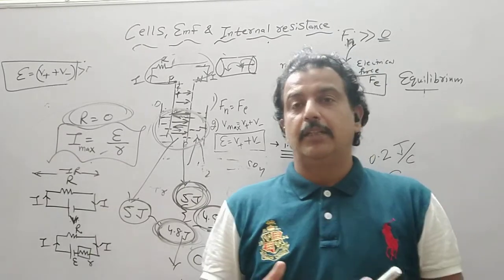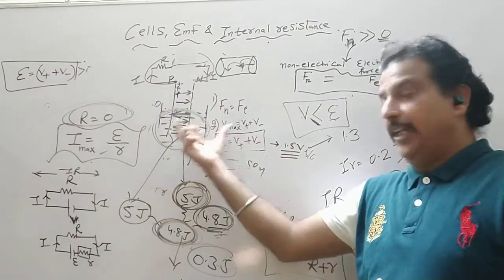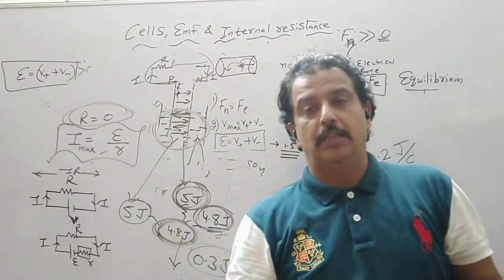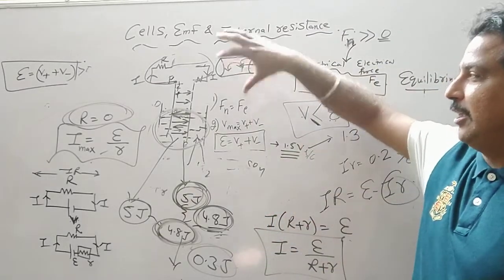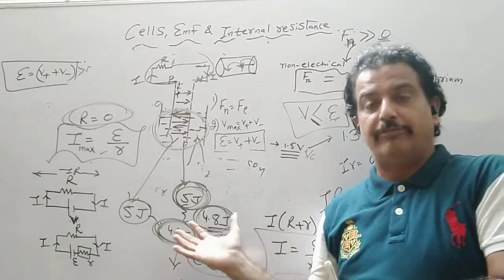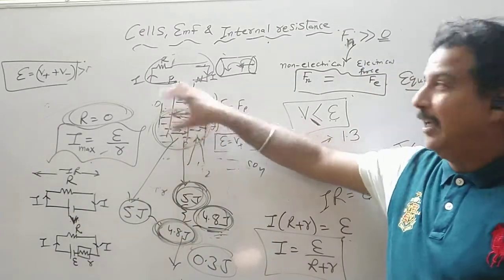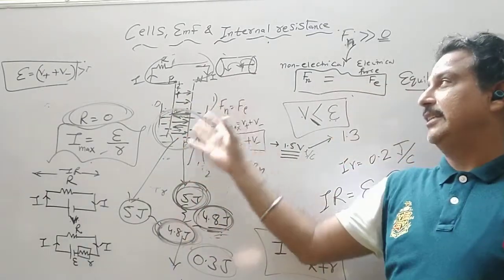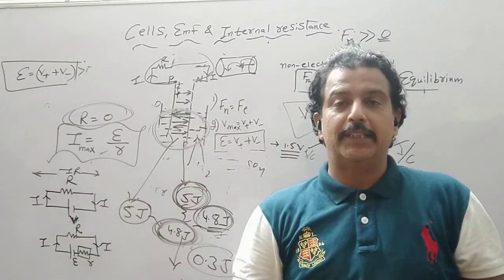Now we have completed externally how the conductor works, how the cell individually works, and when we connect them, this is a little bit of a complex situation. First we studied the conductor separately, what happened inside the conductor. Then in the first part of this lecture we saw what happened inside the cell, and then in the closed circuit condition we connected both of these devices. One was our conductor, one is our cell or our device which provides a steady current.